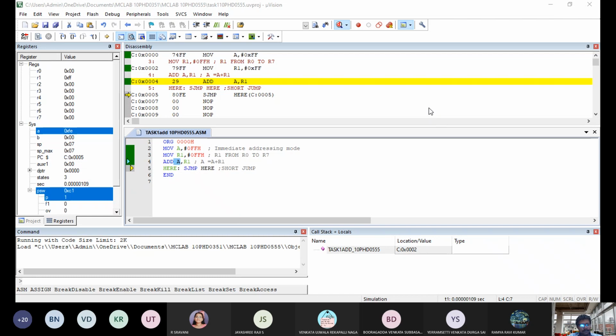Sir, which one, sir? 8051 instruction set, sir? Yes, 8051, because you are going to use 8051. So please note down 8051 microcontroller. If you search in PDF form, you will get an instruction set. It can be the IIT Bombay instruction set or the Silicon Labs instruction set, not an issue. Have any one instruction set of 8051 for your reference. When I am teaching, it will be useful for you to correlate it.